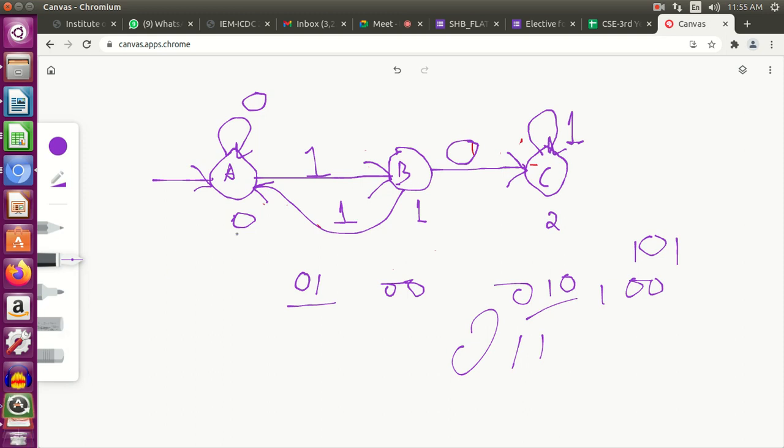See, this is mod 0, remainder 0, remainder 1, remainder 2. When you divide a number by 3, you are checking whether the remainder is 0, 1, or 2. So if the number is 5 and you divide it by 3, what is the remainder? It is 2. So it will be in this state. This is the remainder 2 state. Similarly, if it is 1 0 0, which is equal to 4, it is the remainder 1 state. So I will again put an arc from here to 0.